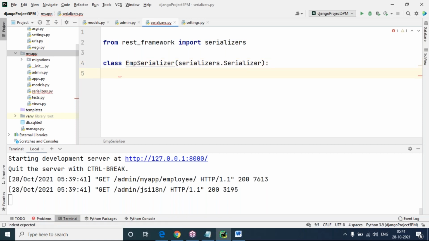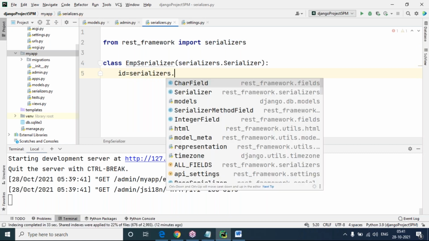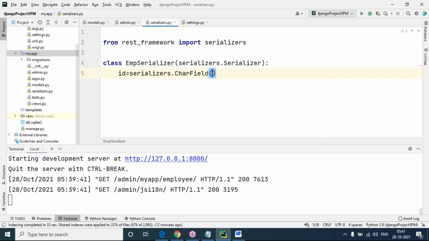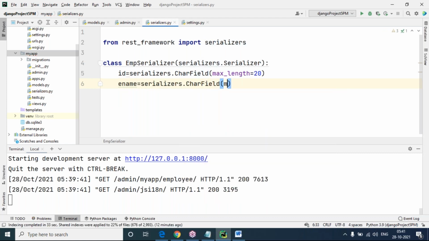Now I'm going to take id equals serializers.CharField, and every field I want to serialize. Max length is optional. If you want you can give it, otherwise it's not required here. Max length equals 20. Next, ename, employee name, serializers.CharField, also max length equals 20.